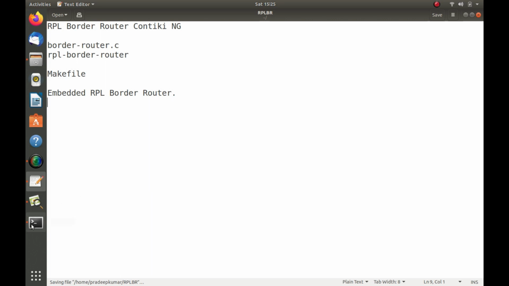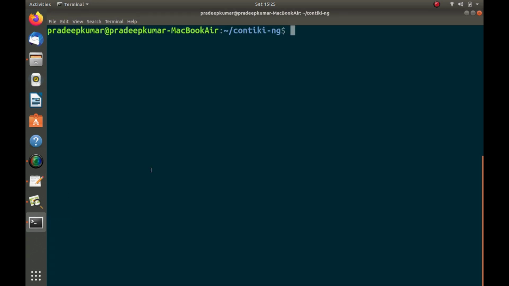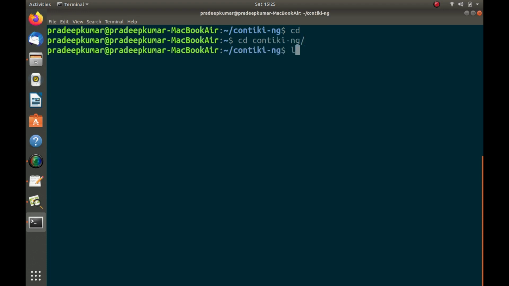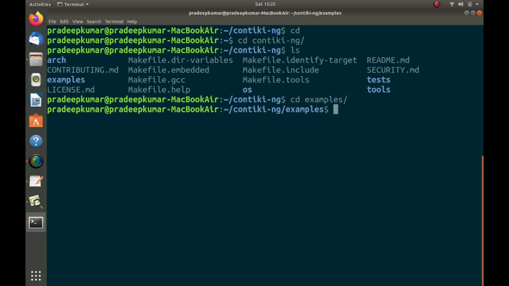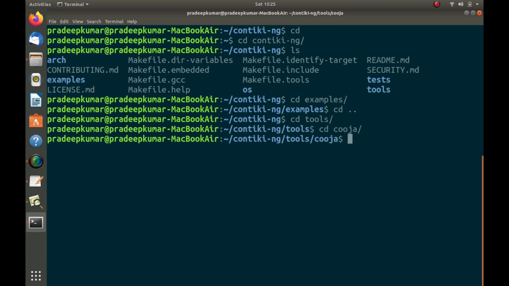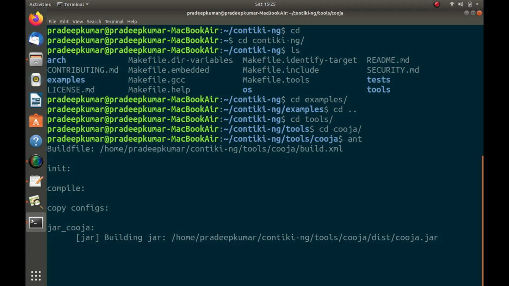First we will go to the terminal. In the terminal we are in Contiki NG now. So cd contiki-ng, then cd examples.